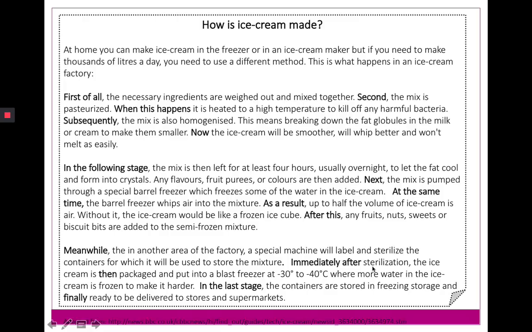Immediately after sterilization, the ice cream is then packaged and put into a blast freezer at negative 30 Celsius to negative 40 degrees Celsius, where more water in the ice cream is frozen to make it harder. In the last stage, the containers are stored in freezing storage and finally ready to be delivered to stores and